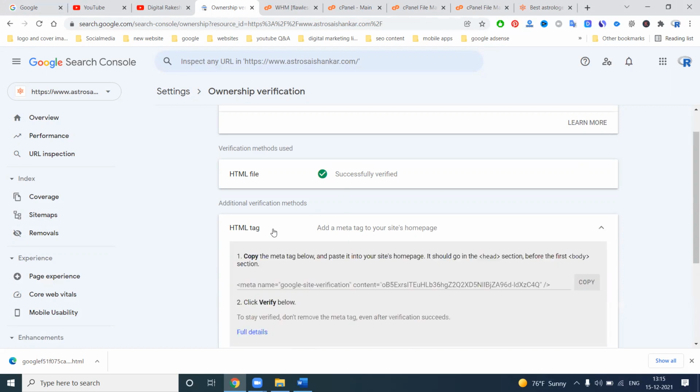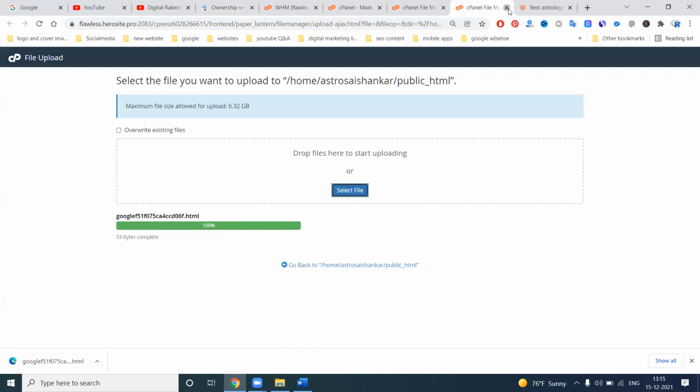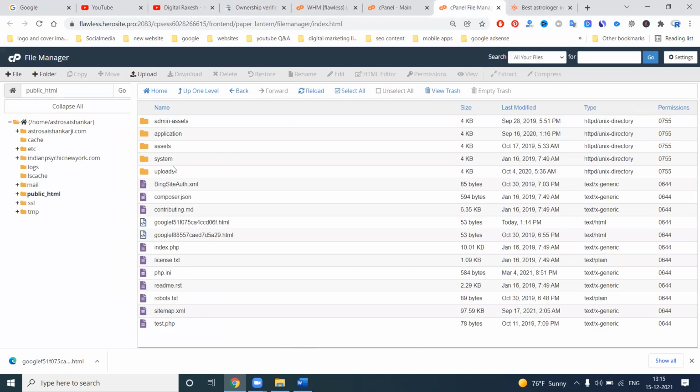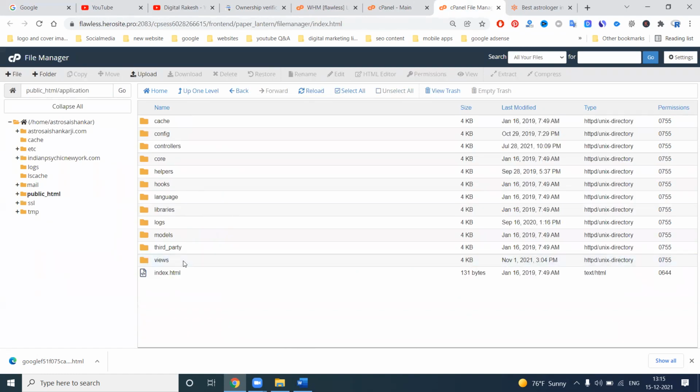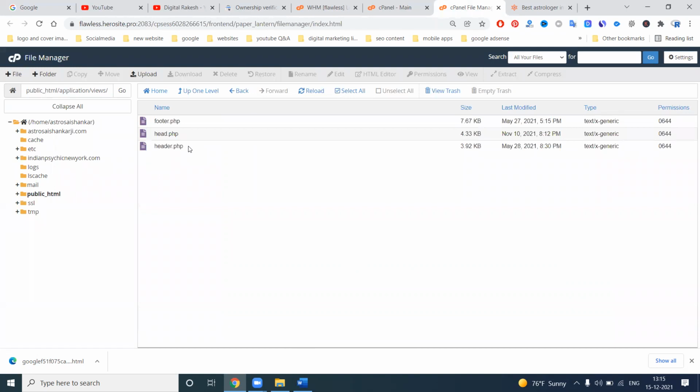The second one is called HTML tag. For the HTML tag, we copy the link, your particular code, and close it. Where exactly can I use the code? We can use this code in a common header or common footer, but we always use it in the common header file.